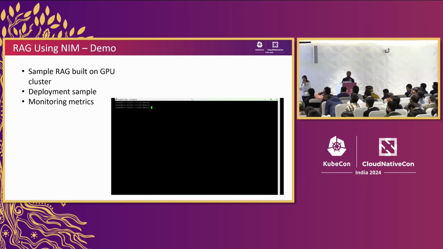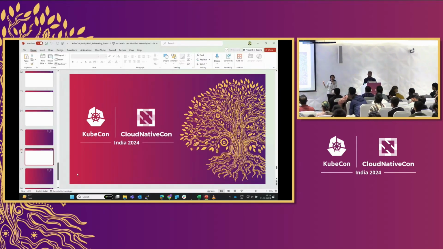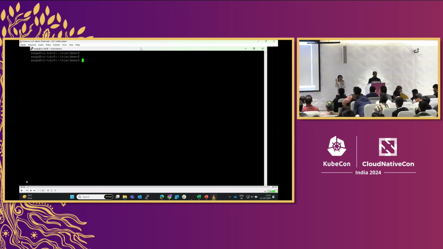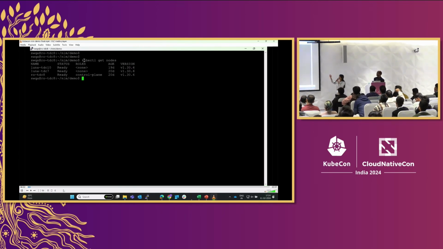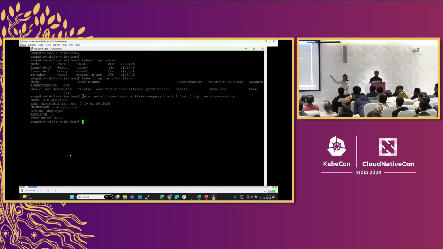Here, let me pause. We'll show you exactly whatever we spoke about so far. The video itself is about 4 minutes, so maybe the first one and a half minutes talks about the operator, how the operator creates the various custom resources. For example, this is a 3-node cluster, and we have an NFS as the storage client, because for my PVC, the inferencing caching, we needed a PVC.